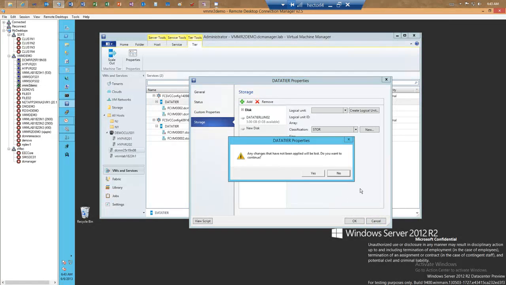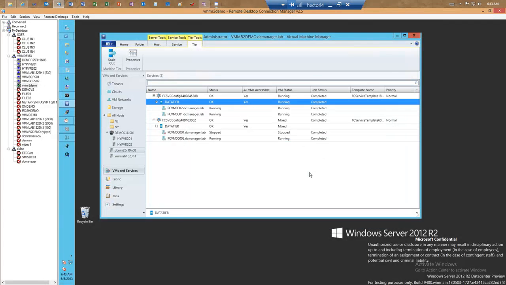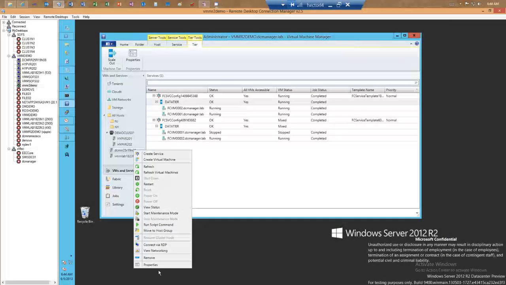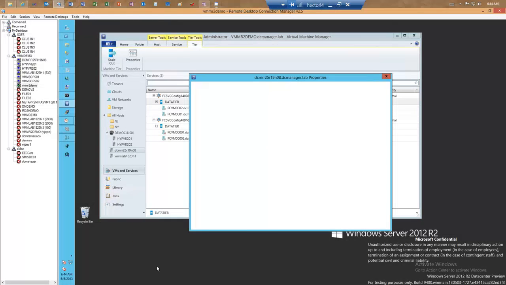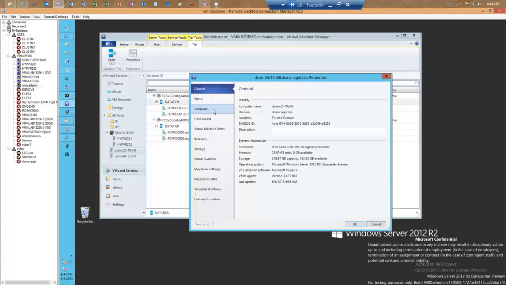So the other piece I want to show you is that with all the discovery that we do, if you get into a situation where maybe the VMs are not attached to the right vSAN, or maybe they're not attached to a vSAN, the other piece that we will help with is on the host side. If I click on the N08 host in the tree and go to, I guess right click isn't working here. Yep, go to Properties. What you'll see in the Hardware tab,